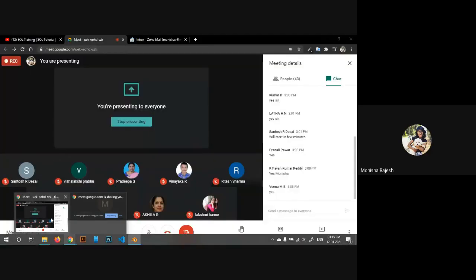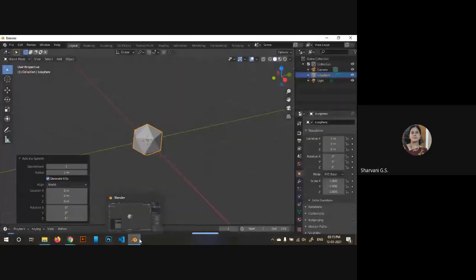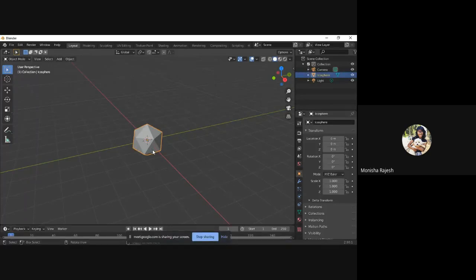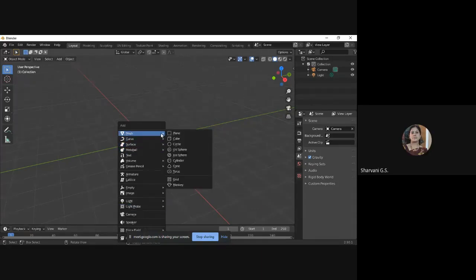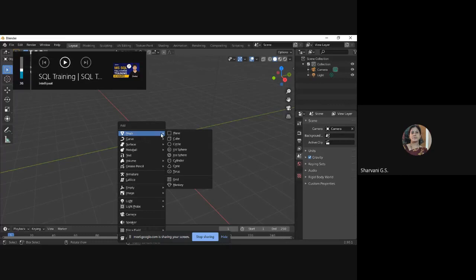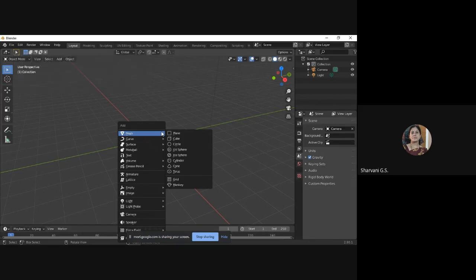Monisha, yeah, how did you create that cube? Can you just explain with Shift and? Sorry, I'll just come again. So all you have to do is Shift A, Shift plus A. Yeah. Shift and A. Right. Okay. Yeah. Because basically we are trying to juggle between two windows, your window as well as the tool which we have. So by the time we come back, you would have moved, or no, that's fine. I'll go slow. That's why I'm repeating the steps. Yeah. So okay. Just Shift A and you'll have that icosphere.